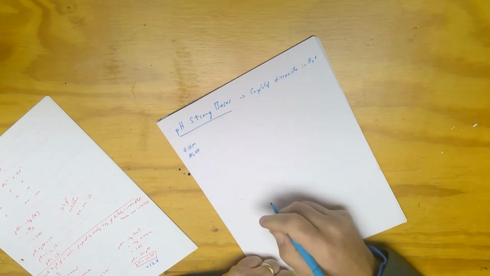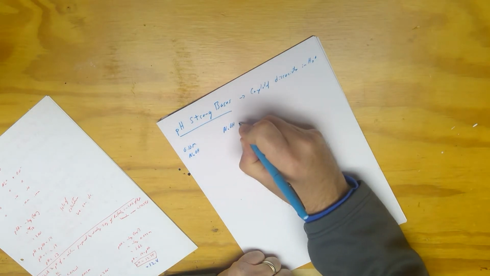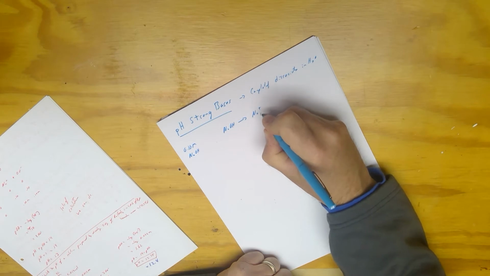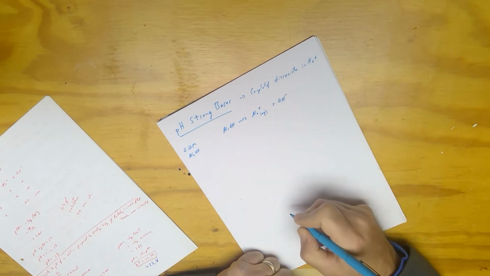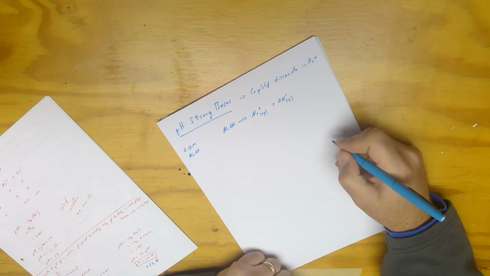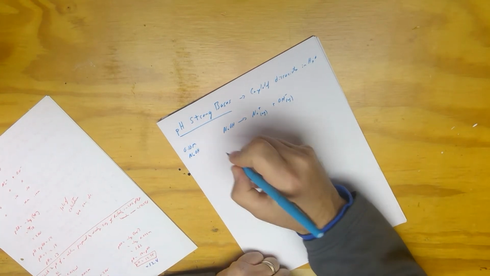Okay, NaOH is a strong base, so NaOH would completely dissociate into Na plus and OH minus. So if we do a quick ice table,